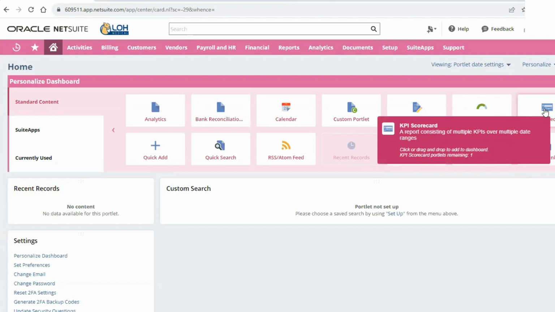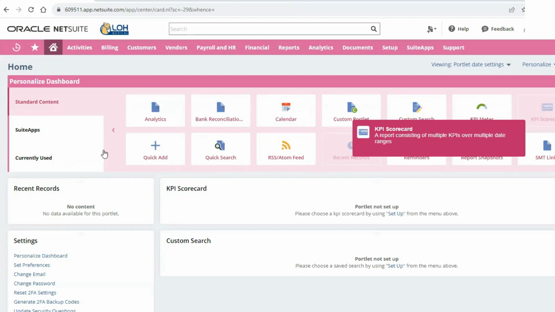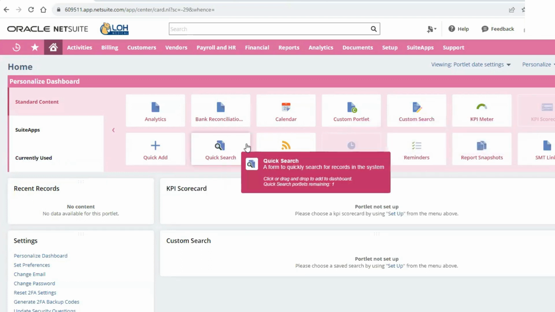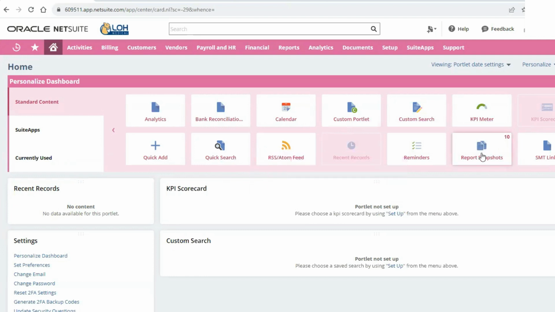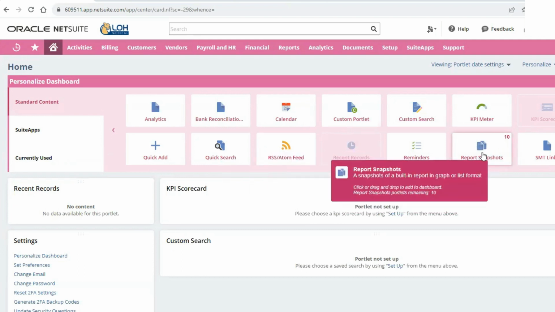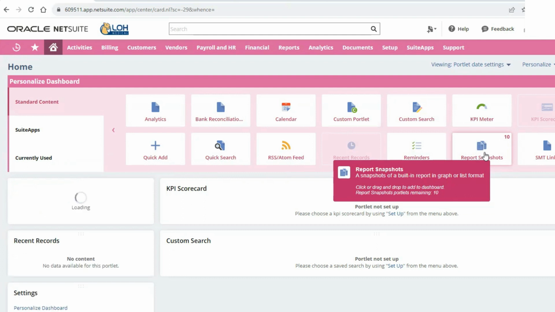It's a portlet that has a report consisting of multiple KPIs. Typically, they'll compare KPIs between different periods. Here's the report snapshot. So this is a snapshot of a built-in report in graph or list format, depending on where you put it on your dashboard.